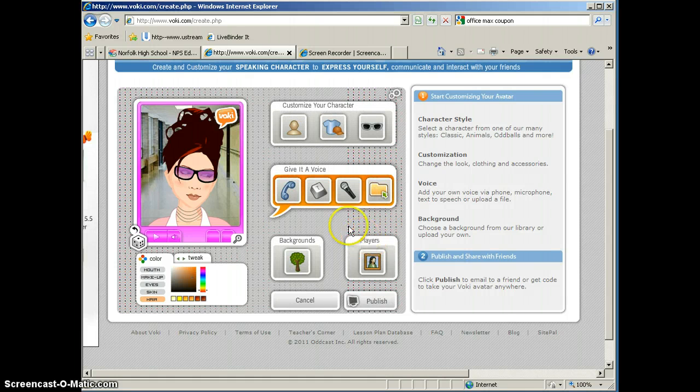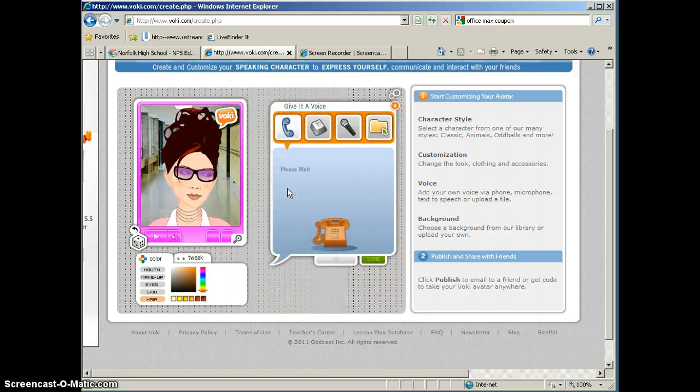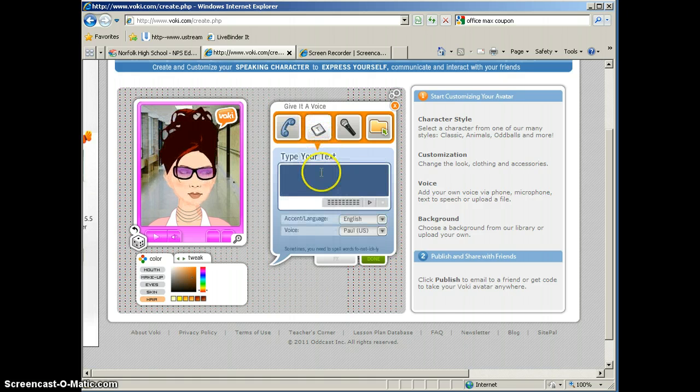Now the cool thing about doing a Voki is that you can actually give it a voice. So you have the option of using your phone. It will give you a telephone number to call and a passcode. You call that phone number, you enter the passcode, and it will allow you to record your voice. You can type in your text,